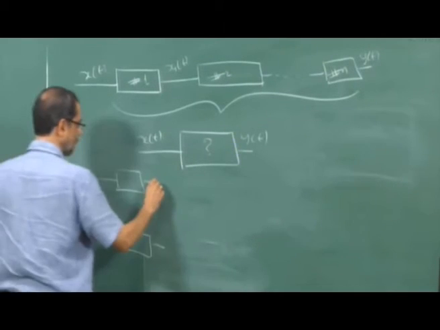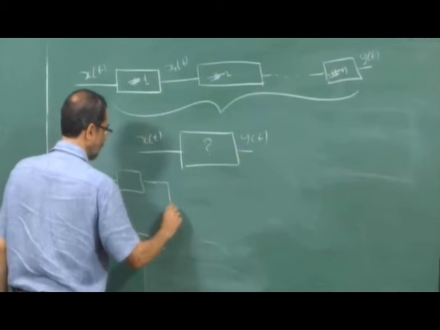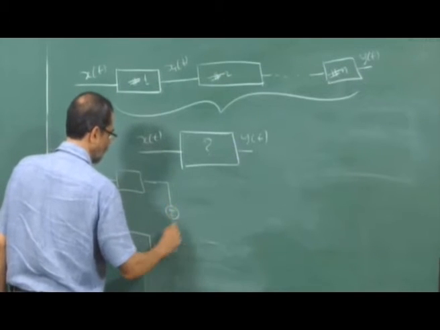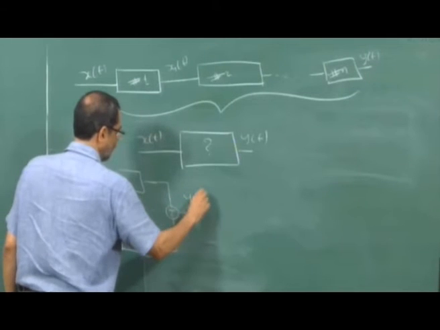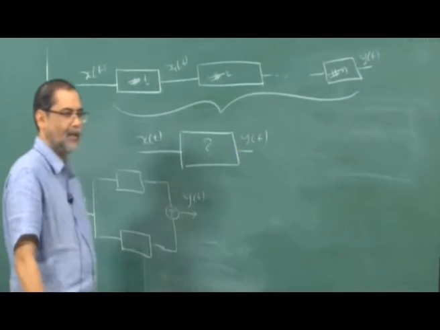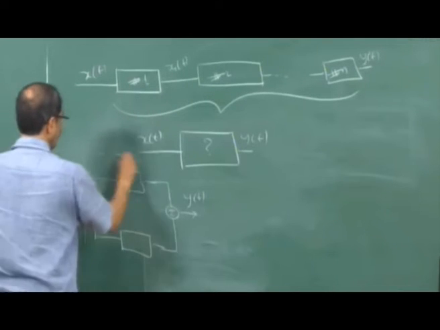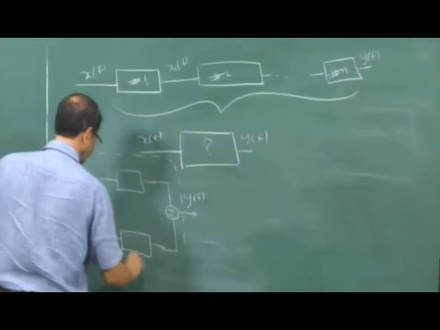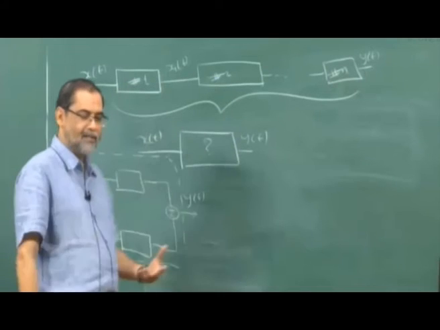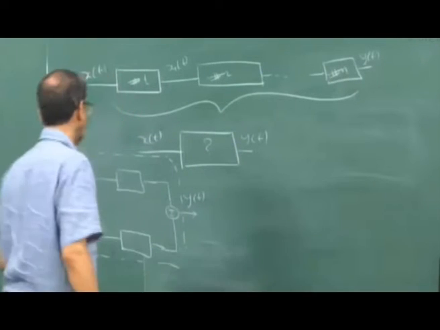Two systems or more than two systems, and the output is added up. Is it possible to represent this entire thing by one system? What will be the nature of that? So the answer is, if both are LTI systems,